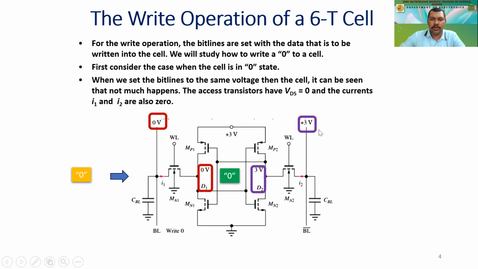What we have done is we have just given positive 3 volts, since we are applying 0 volt on the bit line, and we are expecting that zero to be loaded in this cell. This is a 1 bit memory cell where we are expecting to learn how the data is written in the 6T cell, which is the static memory where we employ 6 transistors. So this is the plus 3 volt applied to the bit line bar, and correspondingly 0 volt is applied on this part, right? So this was to write a zero when the cell already has a zero, so not much happens.